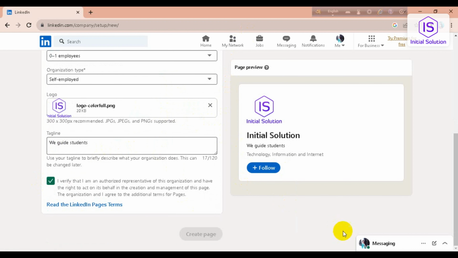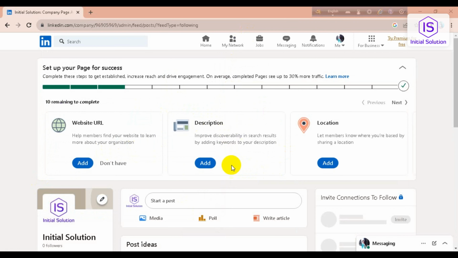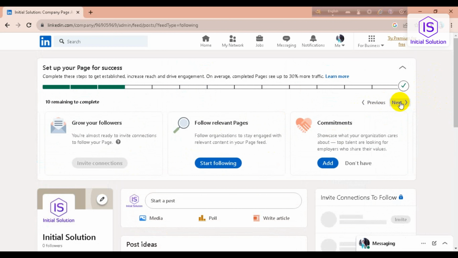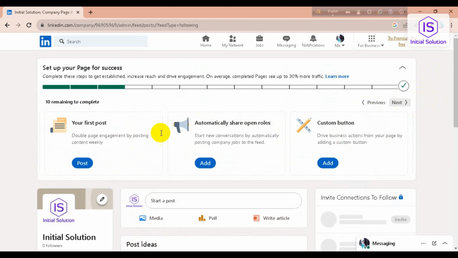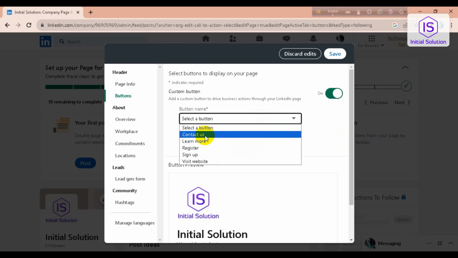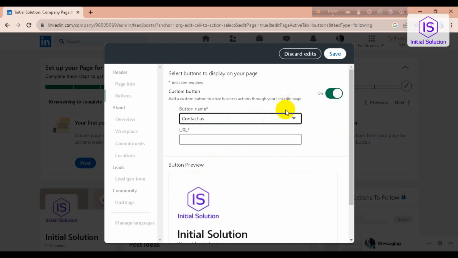Okay, wait for a second. So you can see your page has been created. Then you have to just fill all of these things. Just go for next, and you have to just fill all these things. Okay, I'll just go for this one and select a button, or you can choose contact us, learn more, register, sign up, or whatever you want. Just I'll choose this contact us, and you have to just